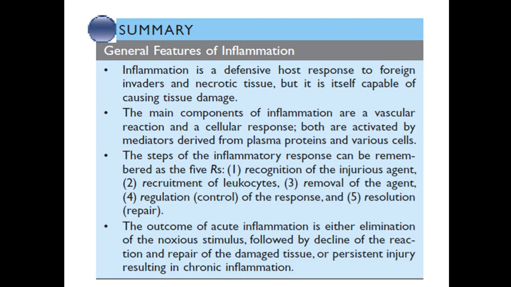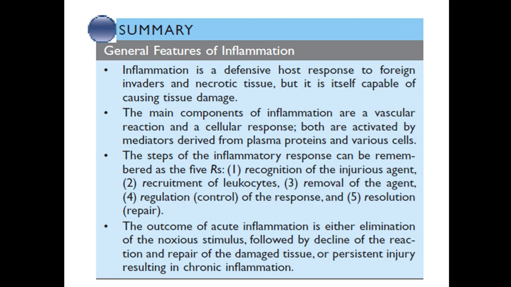So what we said is summarized in the book. Inflammation is a defensive host response to foreign invaders and necrotic tissue. Remember these two things. They are the triggers of inflammation: invading agents and dead tissue. The main components of inflammation are vascular events and cellular response. And these two responses are